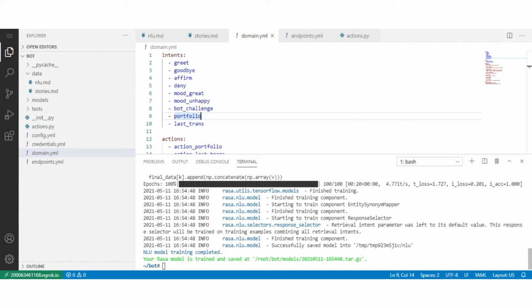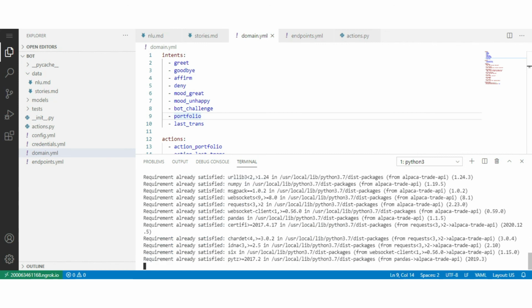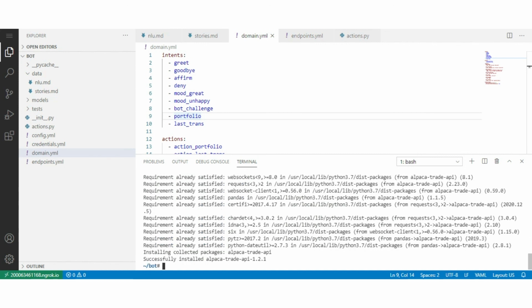Before that, we have to install the Alpaca Trade API library to access Alpaca using the Rasa chatbot. Type pip install alpaca-trade-api. Wait for a moment. Now test our bot.